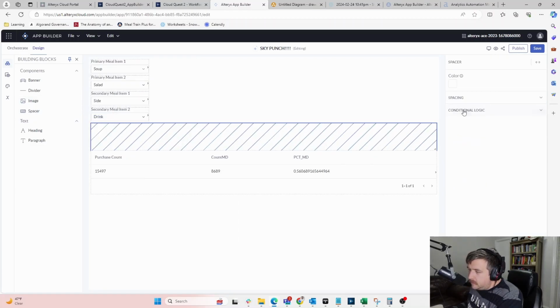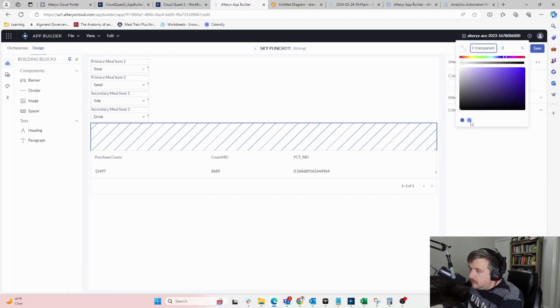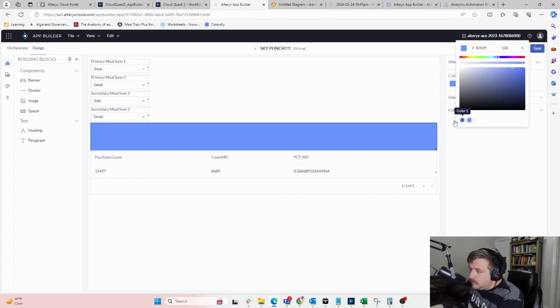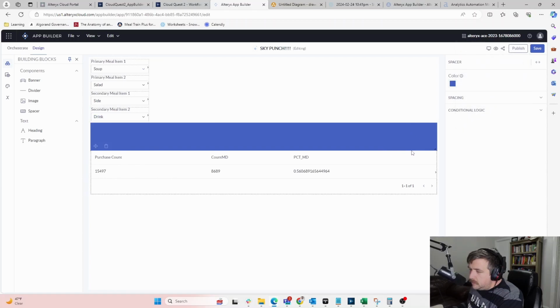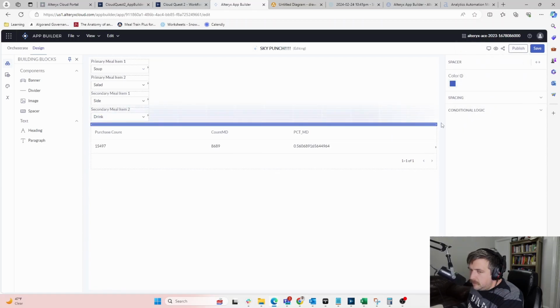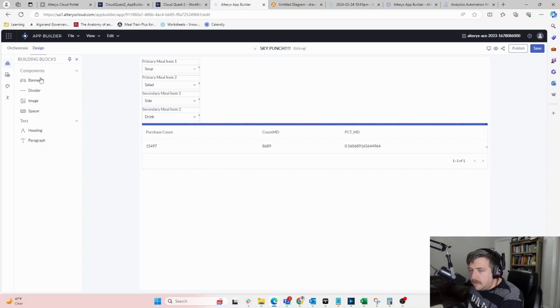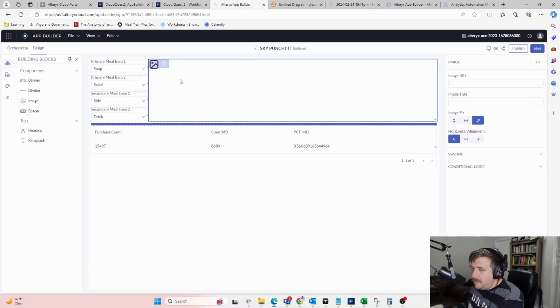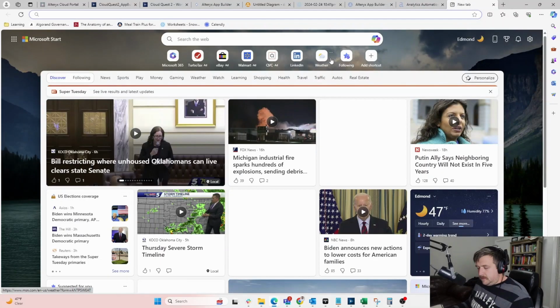This spacer, how does this work? Color, let's hit that. Oh, all right, cool. Let's see here. How easy is this to move? Oh, I like that. All right, I accept that. Let's see an image here. Well, if I change this to here, all right, we're here. Oh, I'm going to do a shameless plug. Image URL. Oh, I have to find it. I can't load it here. Maybe I can, but I'm not. Let's just, you know what? Let's just